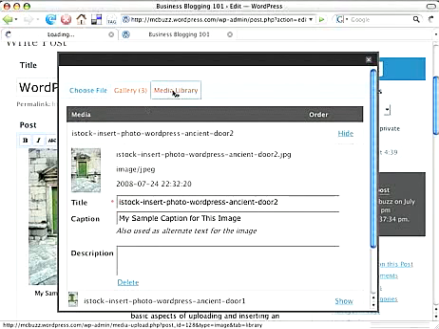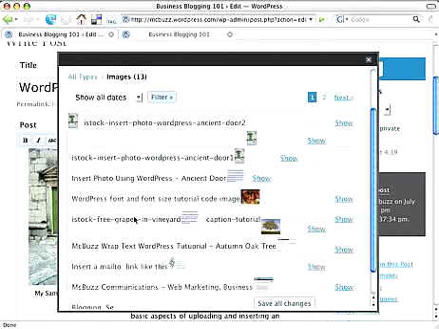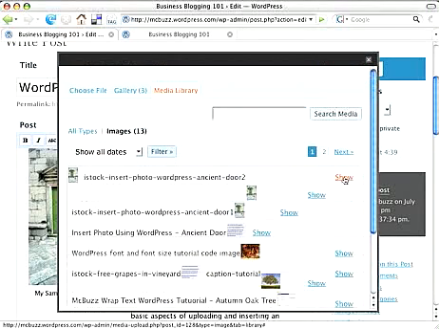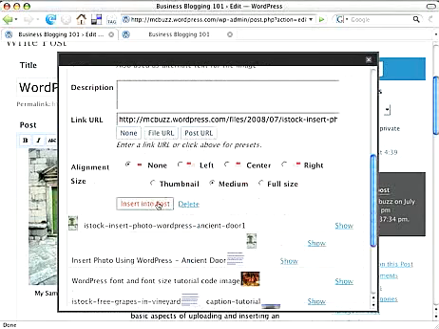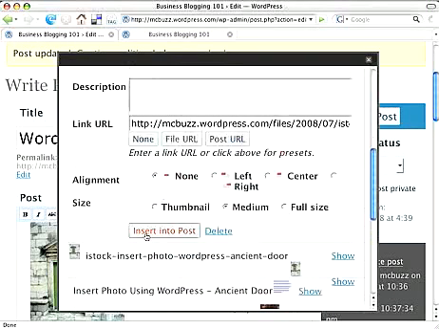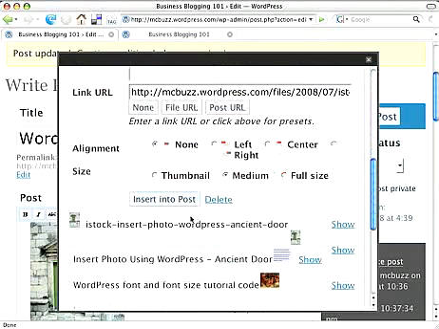So I have to go to media library. I click on the media library button, then I find the image that I want to use out of all of those in my site that I've uploaded. You may have to scroll around in there. Then if I click on the show link, I can see the image that I want, and I can also see the insert into post button. Can you see that down there? Blow that up. There's the insert into post button. It's under the media library tab when I click on the link for my image to show that image that I want. Now I can click insert into post,